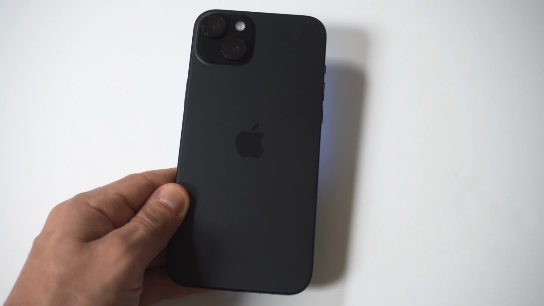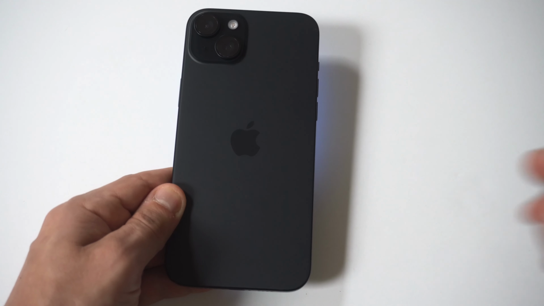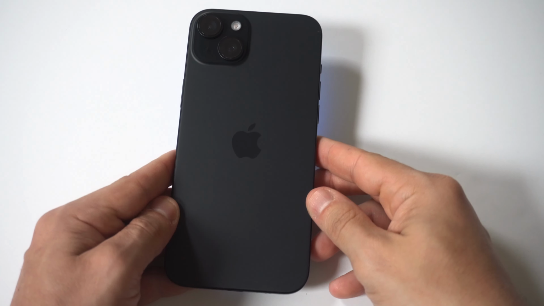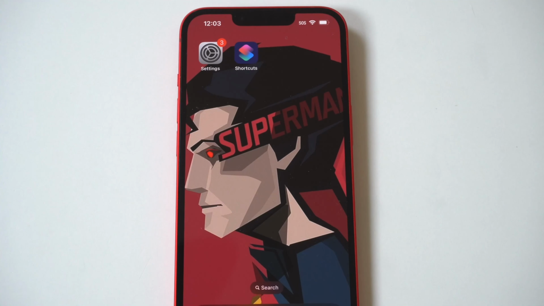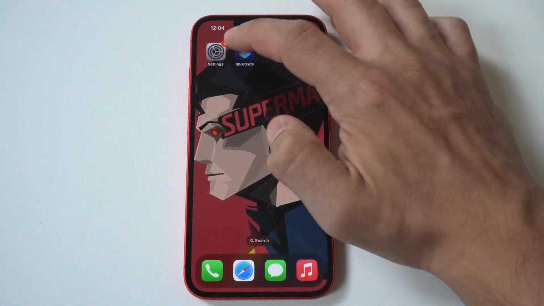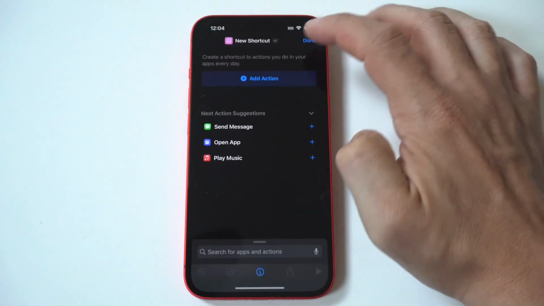So I'm going to be showing you guys a really cool trick for how you can create custom app icons on the iPhone 15 series using the Shortcuts app. Okay, now I'm going to run through 3 different examples for you guys because it usually takes around 3 tries to get this down. But when you have the Shortcuts app open, you want to click on the plus icon